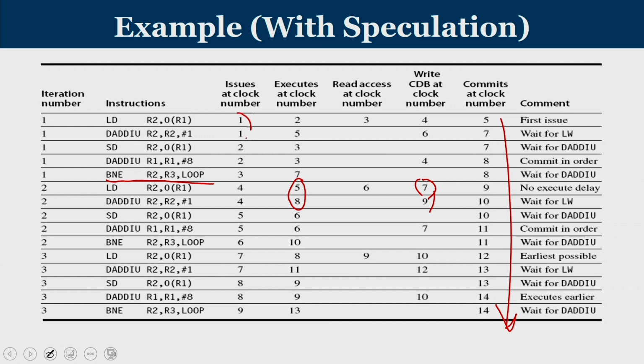So here also we have dual issue. You can see that 2 instructions are issued at any given point of time. Here also, along with the branch, no other instruction is issued. So at cycle number 3 the first branch is issued, at cycle number 6 the second branch is issued, and at cycle number 9 the third branch is issued.